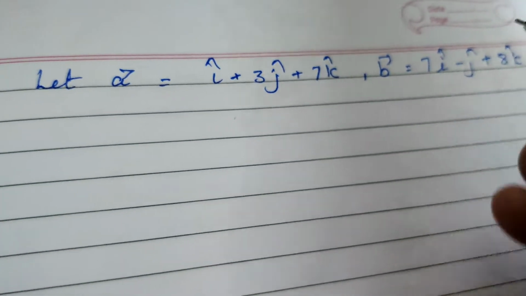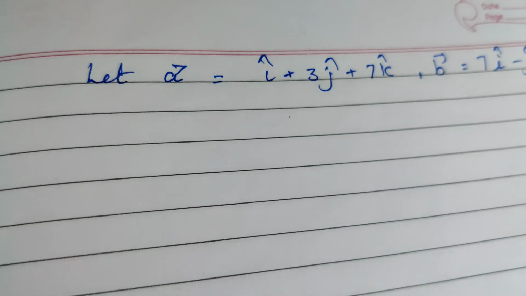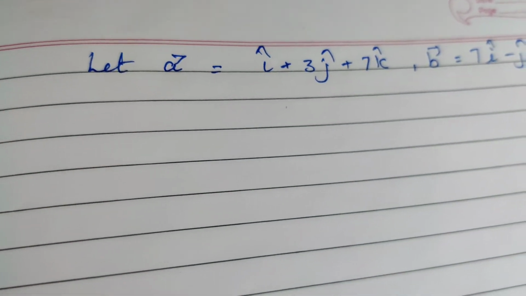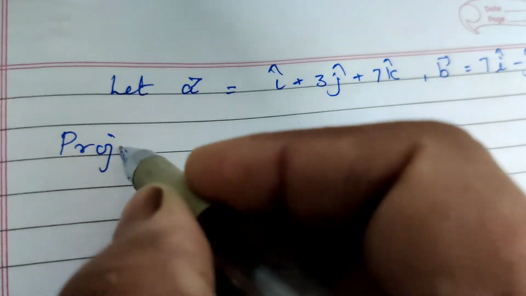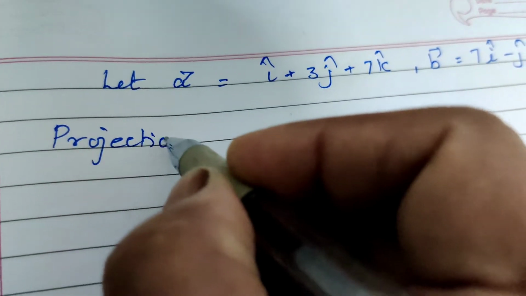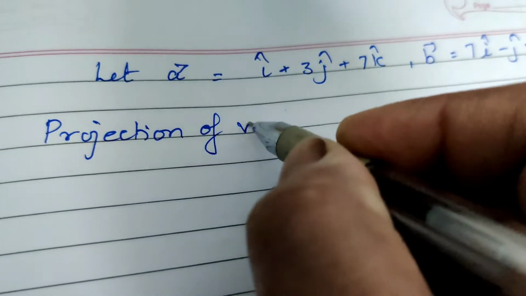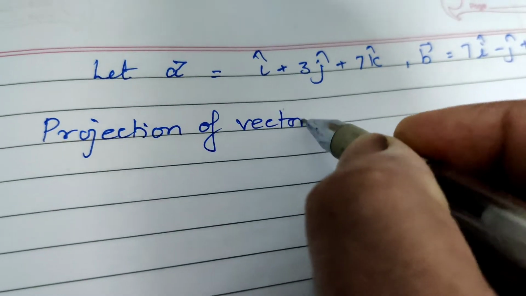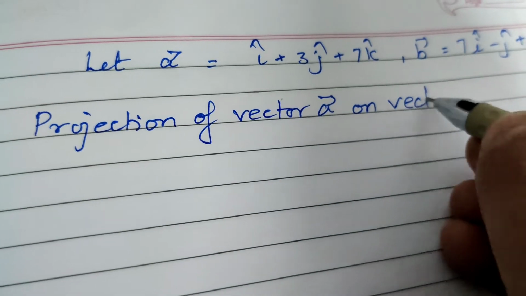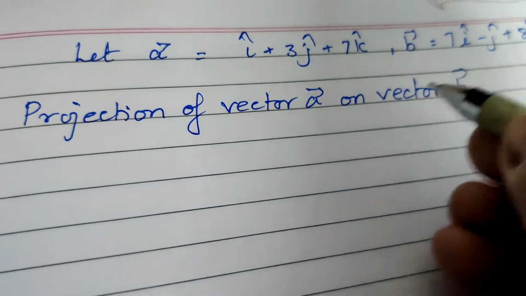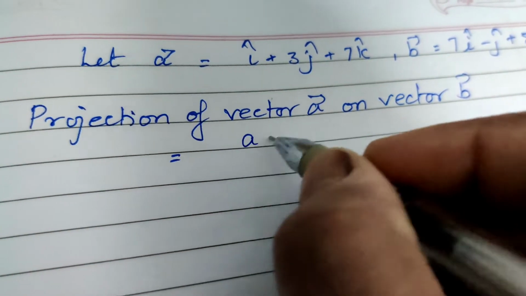Now the projection of vector A on vector B equals A dot B